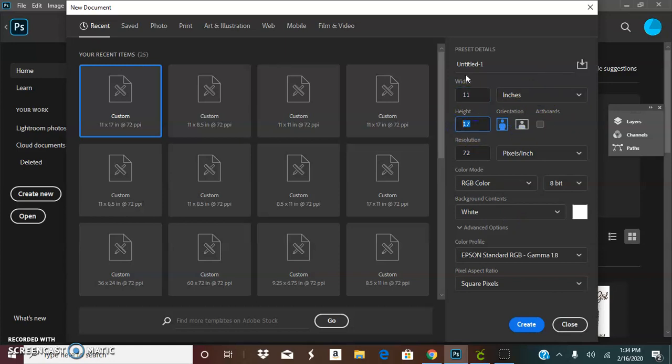This is pretty much set to my standard items, which as you can see, I do because I use 11 by 17 paper. So you can do custom, you can do 8.5 by 11, whatever you really have a desire for. So if you were creating like a backdrop, you might need bigger measurements. So anyways, clicking create,